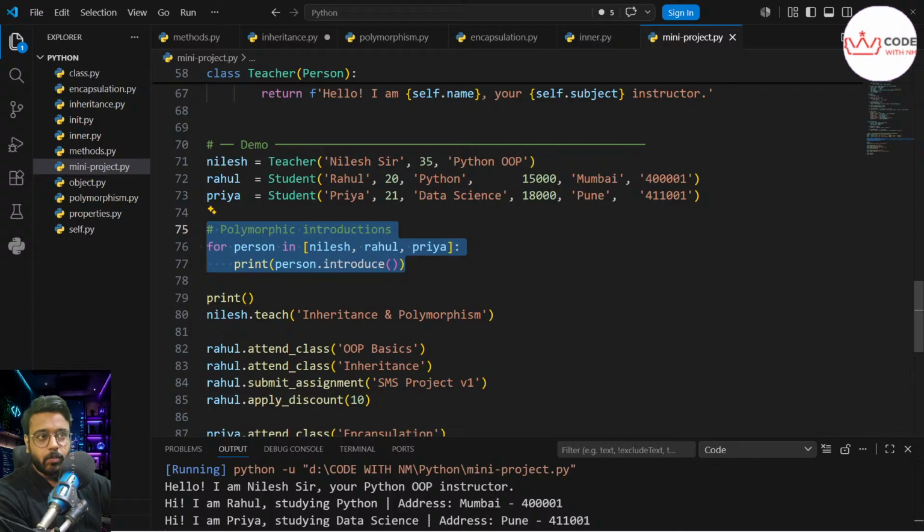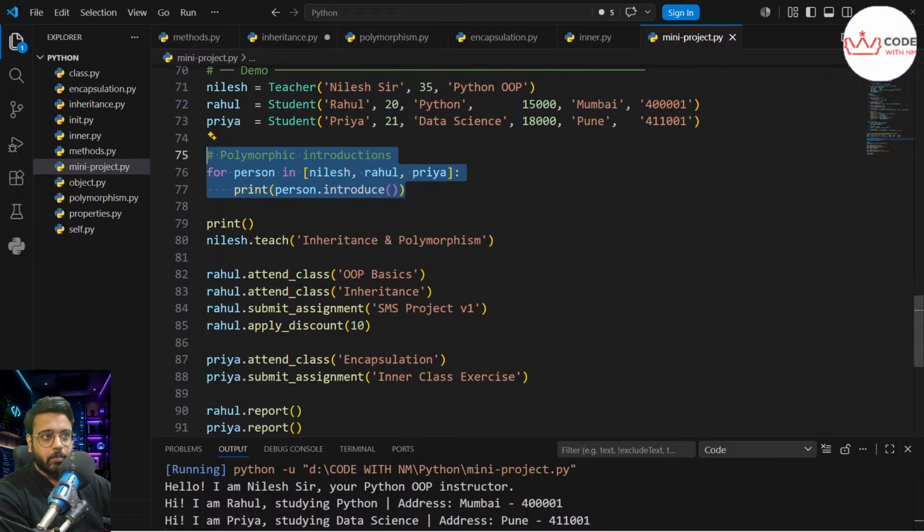Then we have used polymorphism over here. In polymorphism the objects are of course in a list, and then we need to access those lists. We have already seen in the example of polymorphism how to do it. Then here I'm printing the methods which Nilesh as a teacher can access, and we are accessing those methods with the proper input data like OOPS basic inheritance SMS project V1, and the discount for